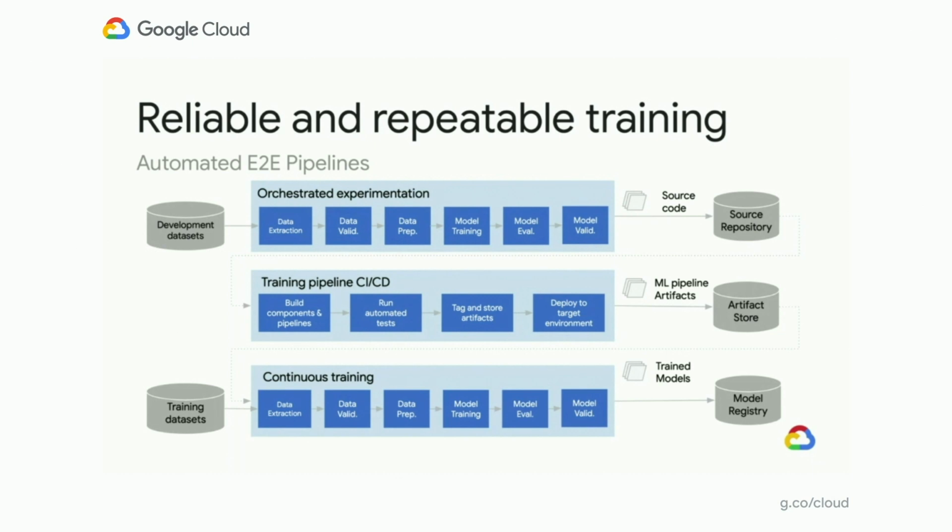CI/CD trigger. If this is a production pipeline, it is executed automatically and repetitively to continuously train your model given new data. That can be either based on a schedule like daily, weekly, like we mentioned, or based on a specific trigger. For example, the availability of new data or a drop in performance of the model that's actually running in production. When a continuous training pipeline runs till the end, it outputs a newly trained model. And that is stored in a central model registry for deployment as a prediction service at some point in the